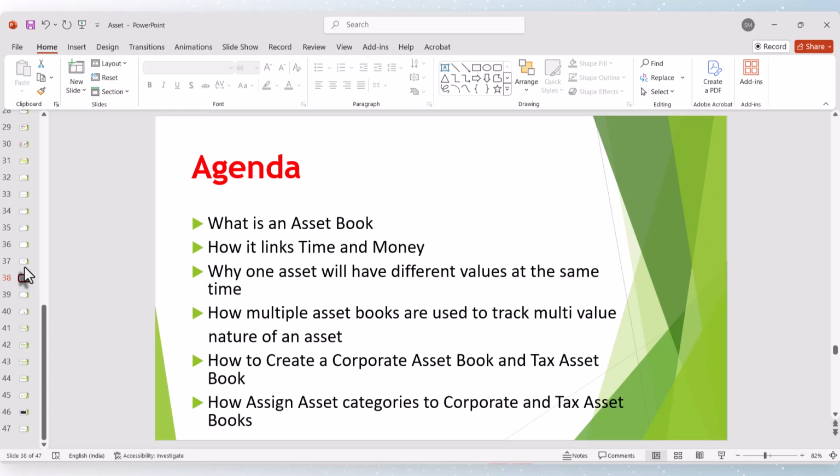By the end of this video, you will be able to understand what is an asset book, how it links time and money, why one asset will have different values at the same time, how multiple asset books are used to track multi-value nature of an asset,